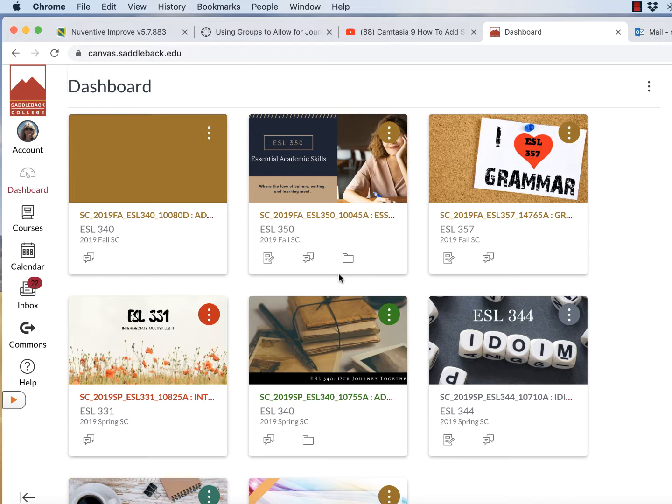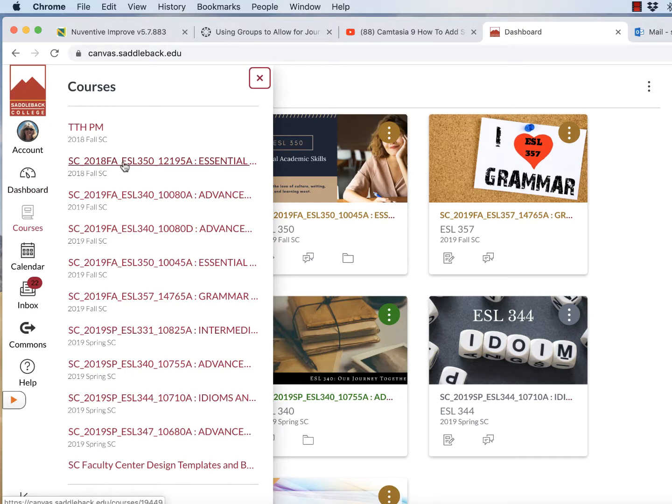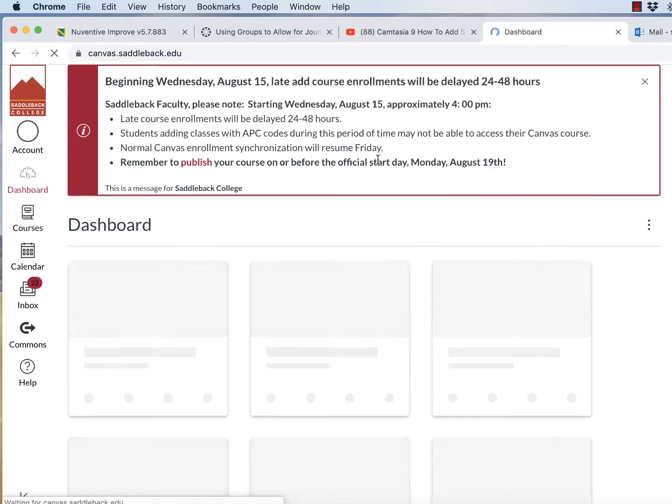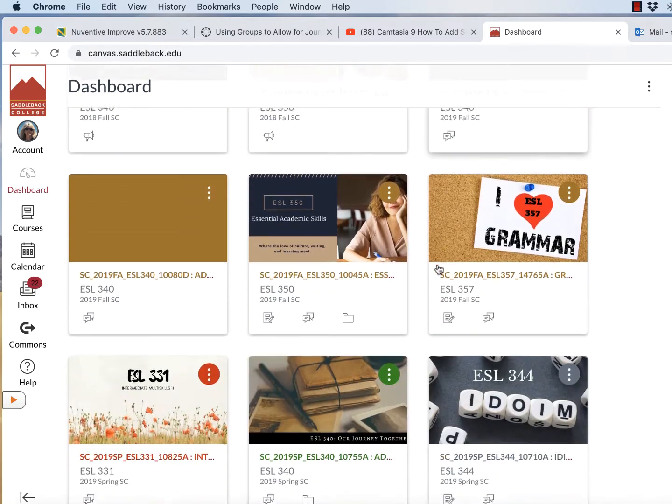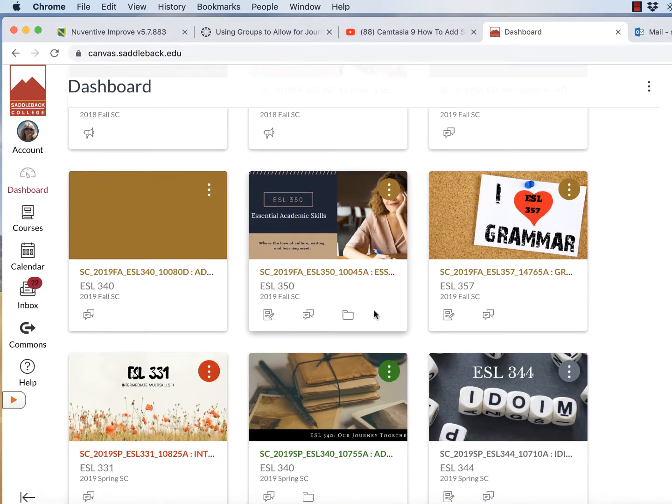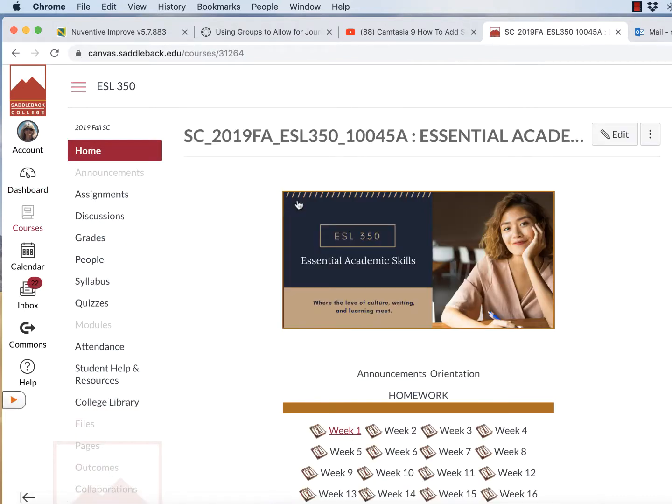And this is some of the classes I've taught. What you're going to be looking for is this picture right here. It's ESL 350 Essential Academic Skills. You can also get to it by courses, and you can find the ESL 350 Academic Skills and just by clicking on that. But again, the dashboard's easier because it shows a graphic of the particular courses that you are in for the semester. So once you see this ESL 350 graphic, you just want to click on it,